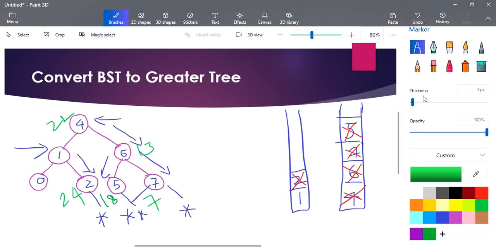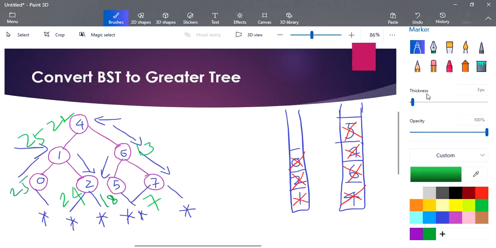So we are further checking, is there any left node to node 2? No, there is no left node to node 2. So in this case, we are moving to pop. So once we pop this, this is going to become 25. And finally, we are traversing the leftmost node, that is 0, and we are going to add it to the stack. We are checking whether there is a right node. No, there is no right node. So it's time to pop. We pop 0 and add it to our sum. Our sum is going to be 25.